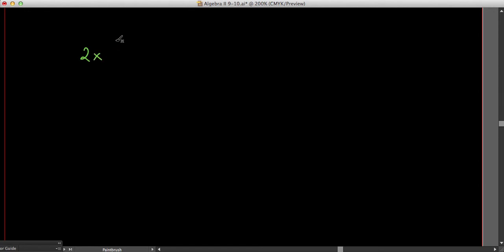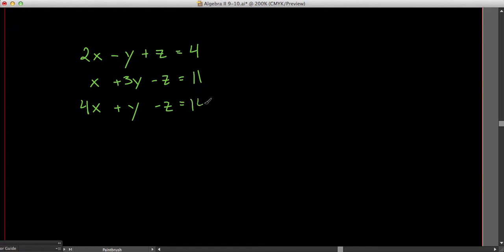We could have 2x minus y plus z equals 4, and then x plus 3y minus z equals 11, and then 4x plus y minus z equals 14. Okay, so here is our system with three variables, and these are all representative of planes